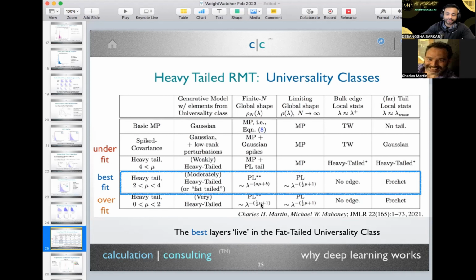But the idea is that I can characterize each layer with one of these universality classes. Interesting. And there's actually another special universality class that's not in the paper that exists right at 2. So right here, there's this very special critical universality class, which is actually going to turn out later to be really special. But the idea is that your weight matrices should live in this universality class. And even though the matrix itself is not drawn from a heavy tail distribution, its eigenvalues are. And so it looks like this. And the conjecture is that the smaller the exponent, the more correlation you have.